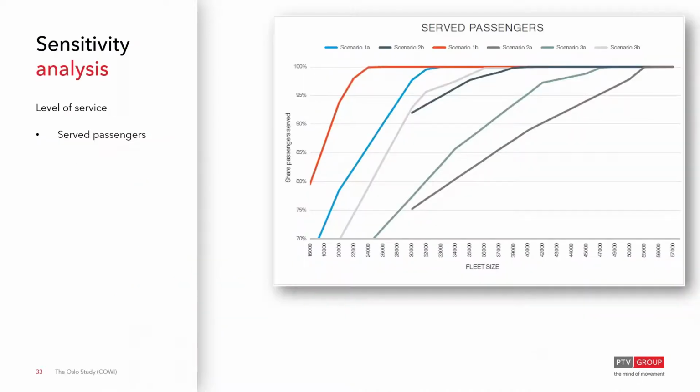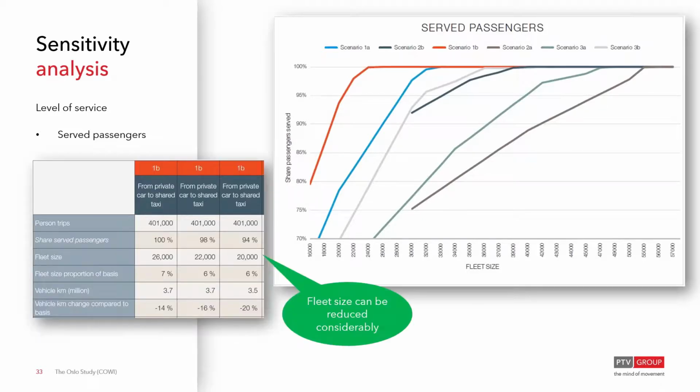Another thing we looked at was actually the fleet size itself, and this graph you can see here, the projection of how large your fleet needs to be along the horizontal axis against the number of passengers served in the vertical axis. And you can see quite quickly you start to serve lots of people with quite a small growth in fleet. But you get to a point where you start to have diminishing returns, and you need a larger increase in fleet size to serve a smaller increase in passengers. So let's think about that.